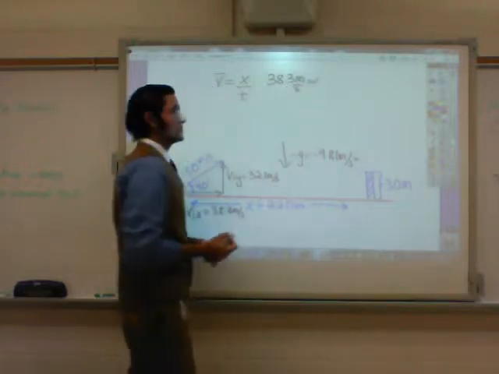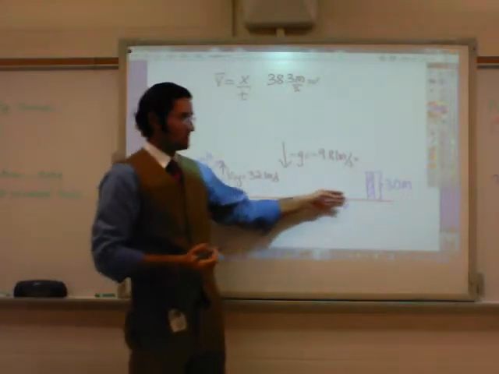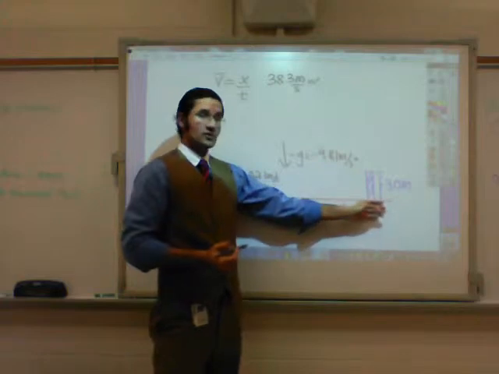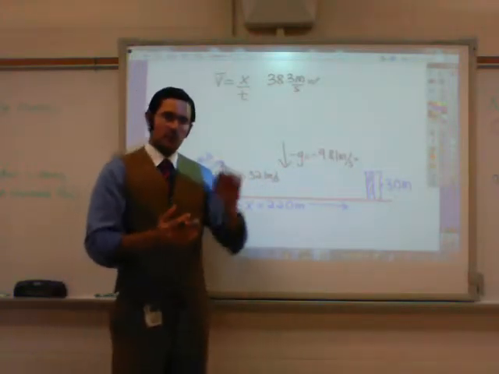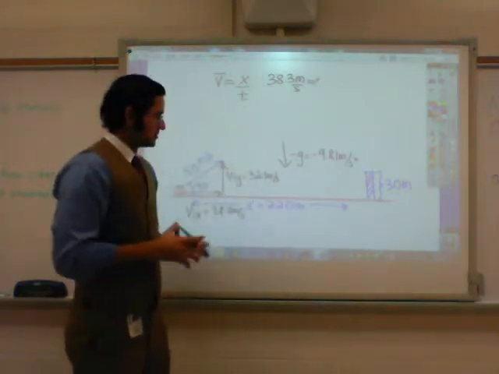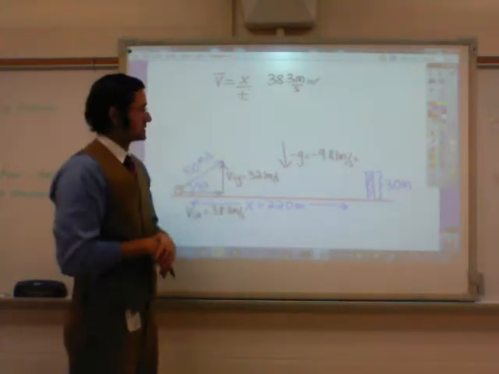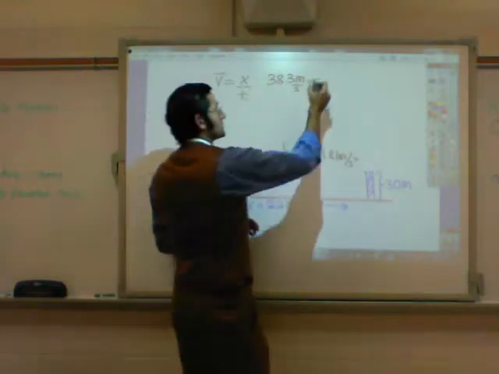And the reason why I'm using the horizontal velocity is because I'm trying to figure out the time it takes to cover a horizontal distance of 220 meters. So you keep x's with x's, you keep y's with y's, but equations should only have variables from one axis. The displacement is 220 meters,